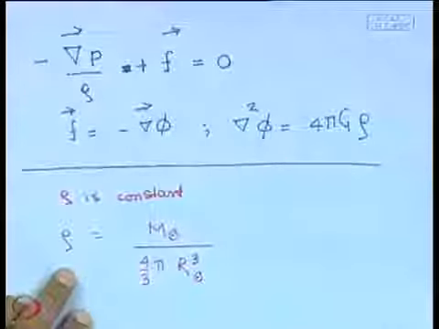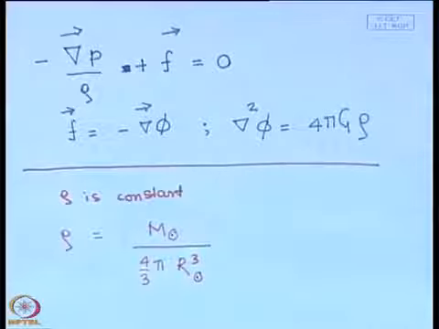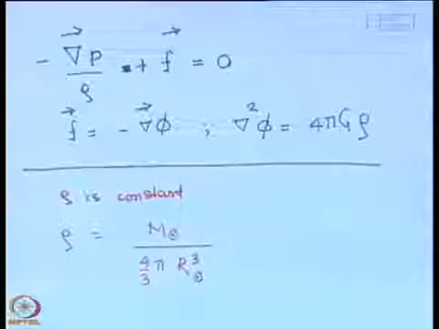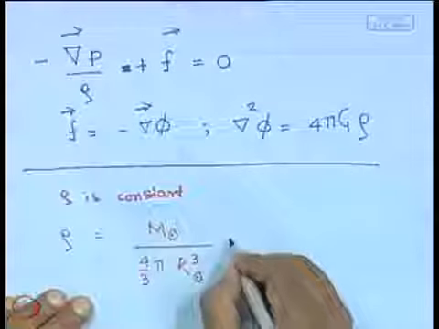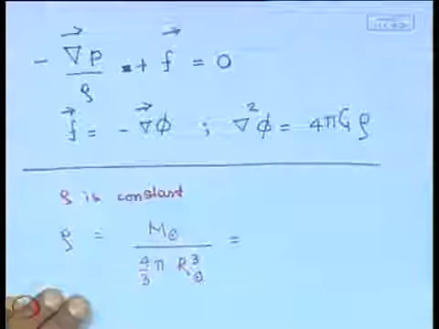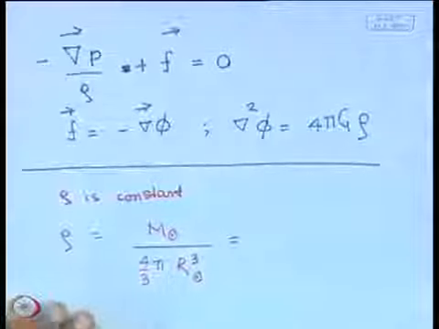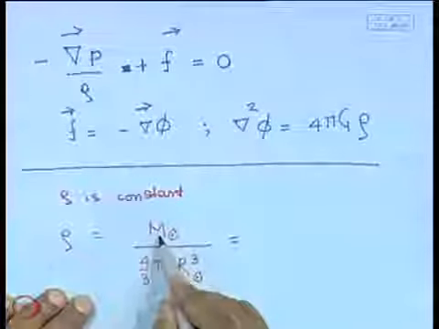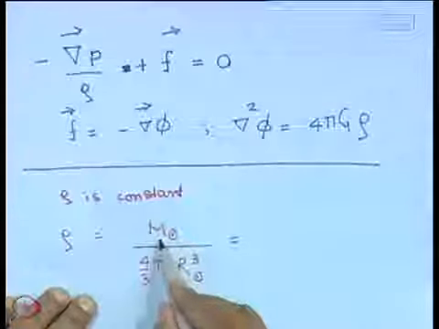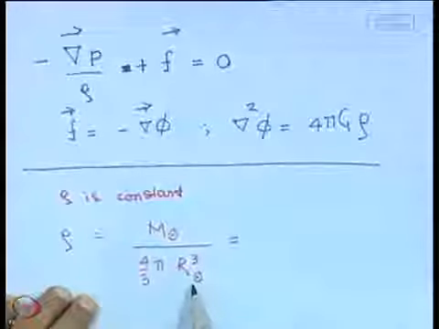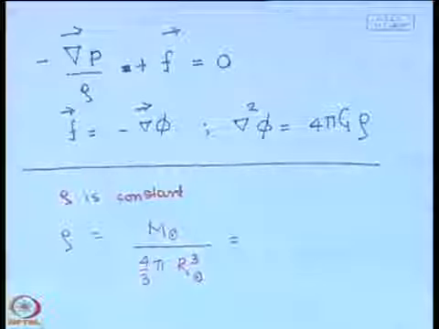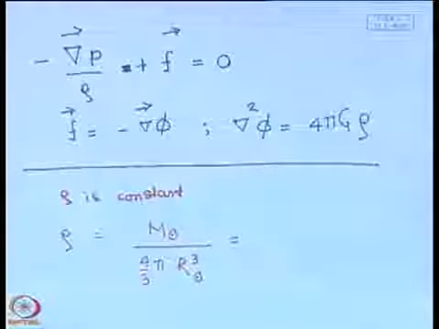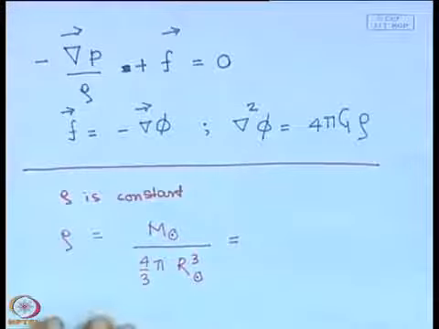So, we will assume that this density holds throughout the entire sun. Okay. And if you put in the values, this is 2 into 10 to the power 30 kilos, this is 6.96 into 10 to the power 8 meters. I have already told you these values. If you put in all of these numbers, the mean density of the sun comes out to be